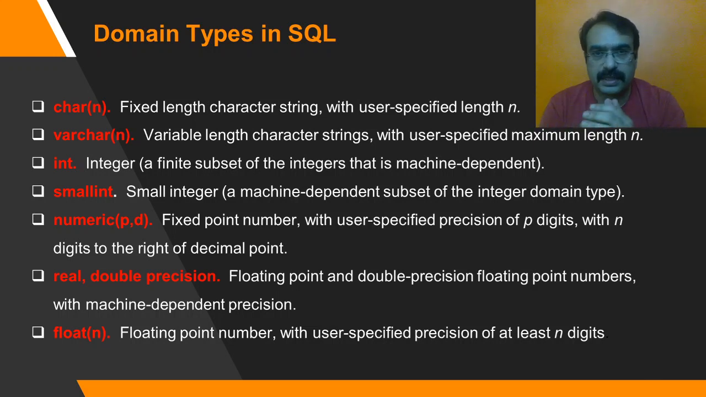It can take lesser than that, of course not greater than that. So variable length, the length can vary from 1 to n. Integer, small int, no need to tell. Numeric, which is a